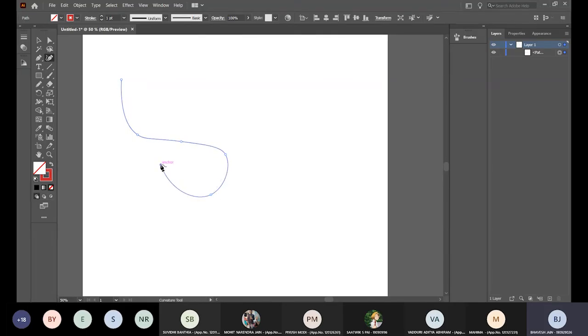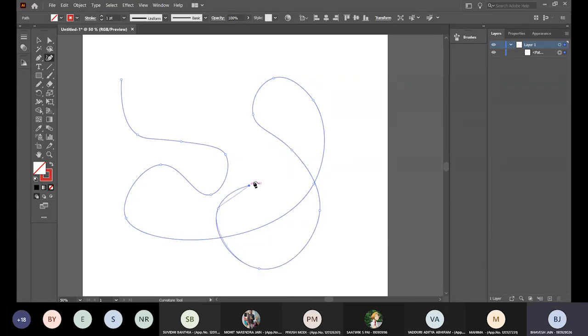I'm not doing anything. I'm not dragging. I'm just dropping anchor points. And if you drag it, it drags the anchor point along. It's very, very straightforward. You drop an anchor point, Illustrator makes the curve out of it. It's very good if you want to make quick abstract artwork, something like I made right now.